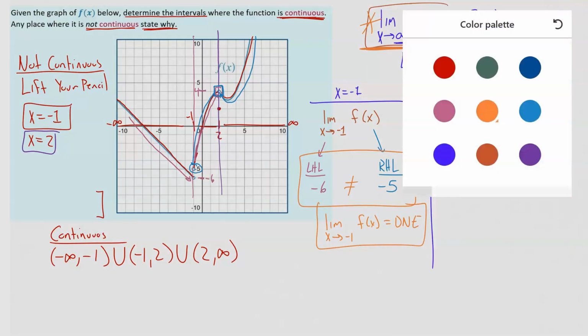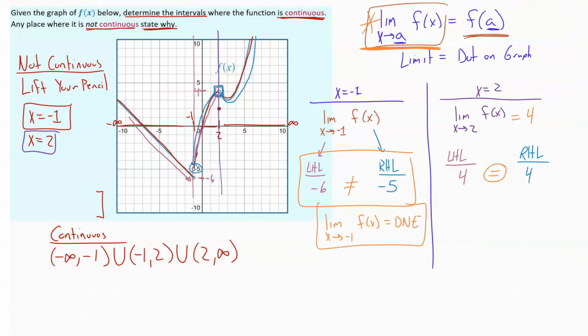Now what we need to do is come back in and look at this right-hand side. We want to know where is the dot? What is the function value? So we're asking what is f of 2? So it's saying when I plug in x equals 2, what is the y value that I would get out